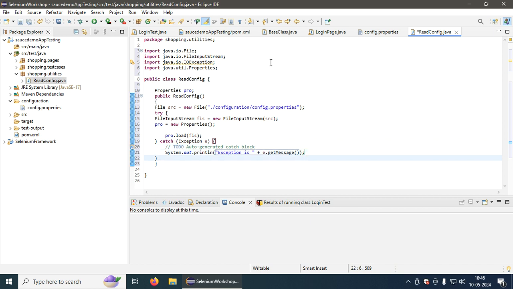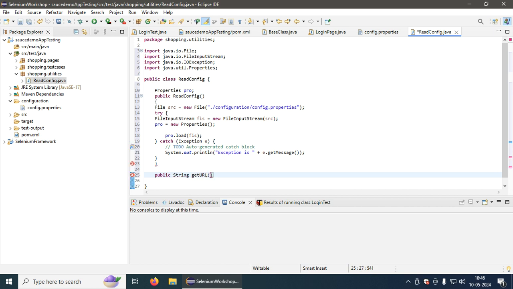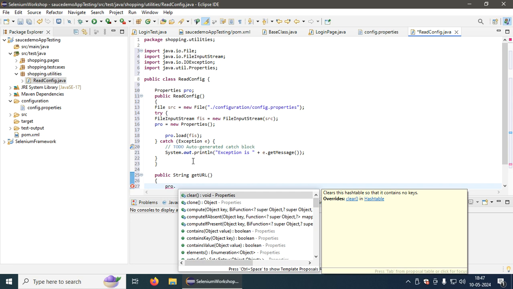Now see, I want to read these values. Now I have opened this particular file, and now I want to read the values from those variables. And it's not about just reading, but it should return those values. So I am writing the methods here. So public string getURL is my method, and I am going to write here pro dot, and you can see now